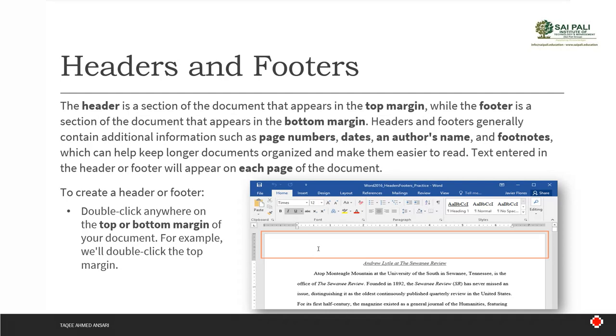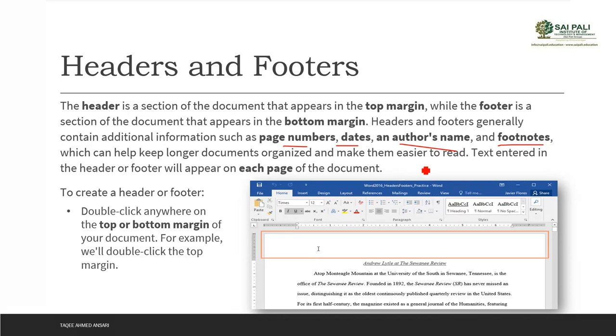Now what is header and footer? It is just additional information in your document which you can add, like page numbers, dates, author names, and even footnotes. That will help you to organize your document and keep it more readable.